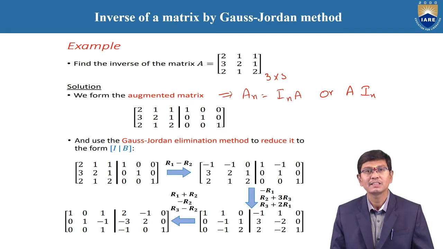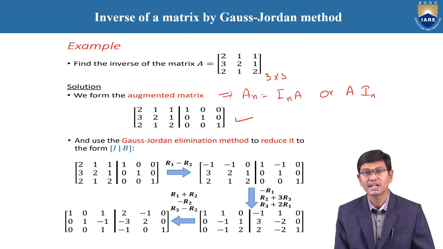Here the given matrix is a 3 by 3 matrix, so the unit matrix is also of order 3 by 3. Therefore, the given matrix A is 2 1 1, 3 2 1, 2 1 2. The corresponding matrix is 1 0 0, 0 1 0, 0 0 1. Based upon this given matrix, we are going to follow elementary row operations,